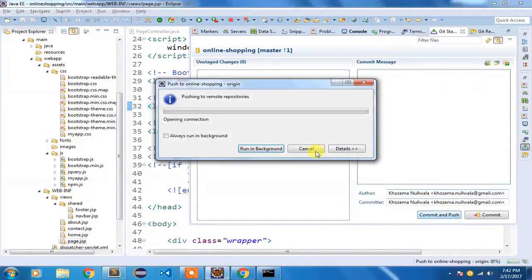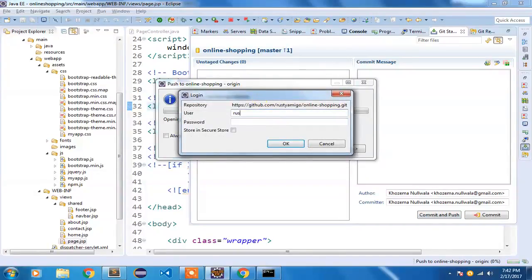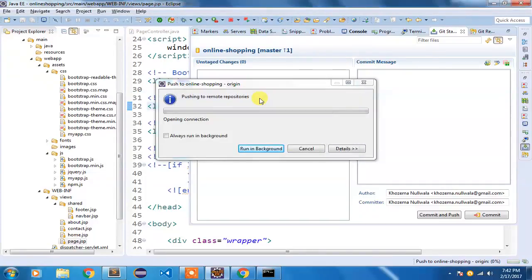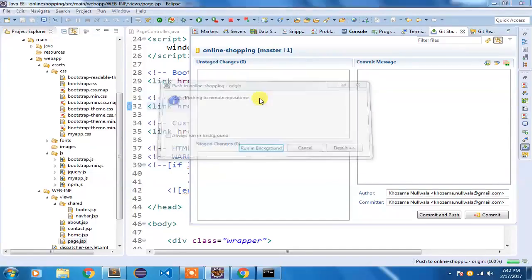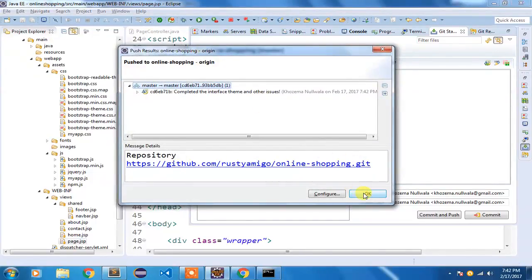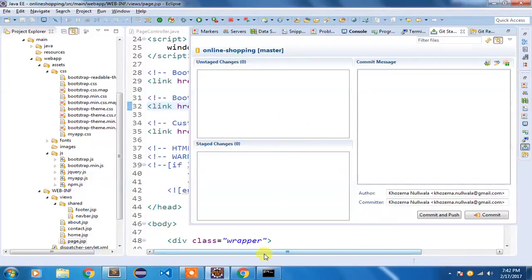We'll commit, it asks for credentials. Okay, so all the changes have been committed on GitHub.